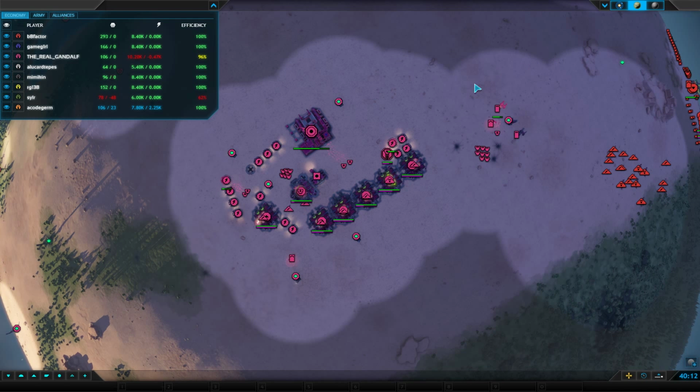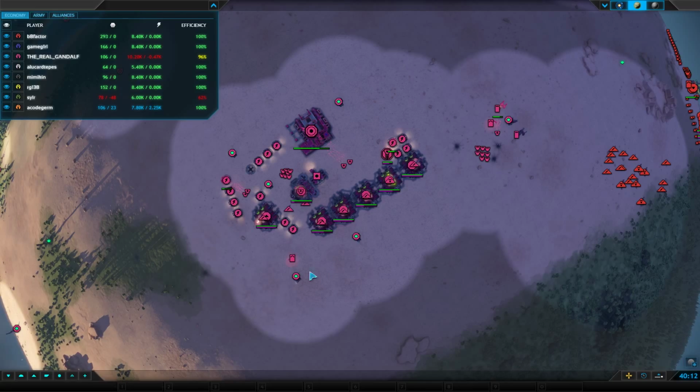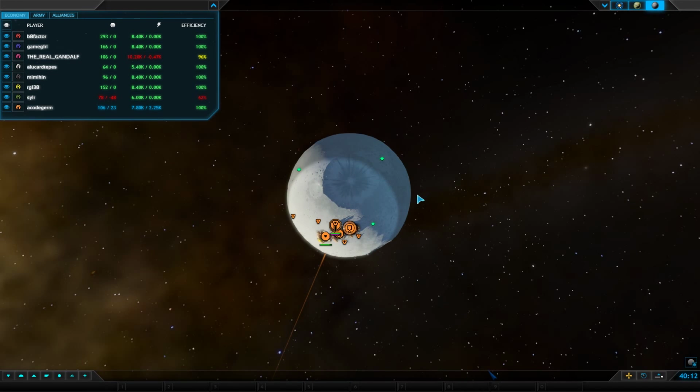Now, it looks like he is preparing for me with a little bit of a fire base. He has his commander tucked away deep in here. I like this. He's building his air. Got his mexes out here. And this is interesting. He has an orbital launcher. He may be deciding to...